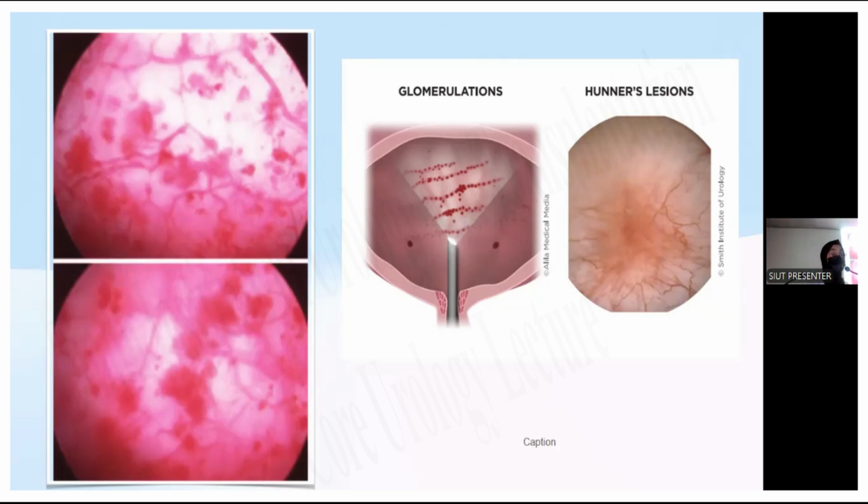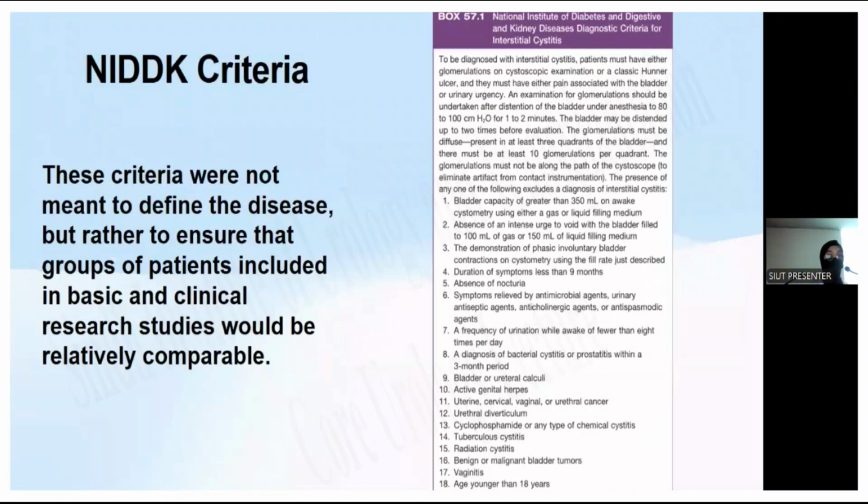Thank you, sir. As emphasized by Professor Asad, we know that it is very difficult to diagnose bladder pain syndrome. It is mainly a diagnosis of exclusion. Over time, there have been a lot of debates, and different societies have been made for addressing these patients, and the main question has always been how to diagnose and how to label patients with bladder pain syndrome.